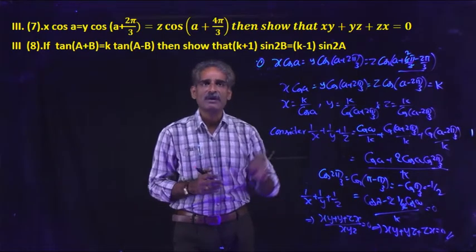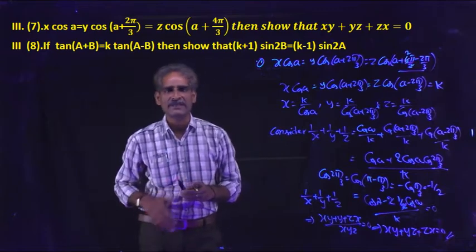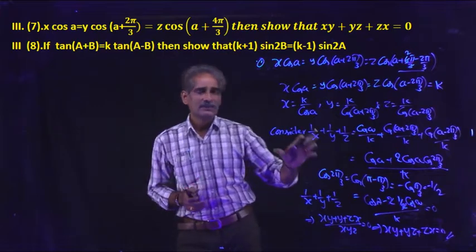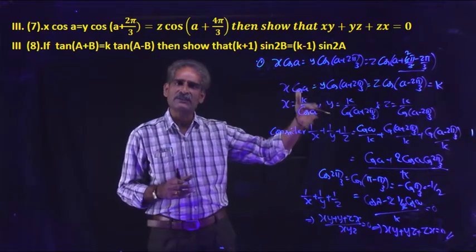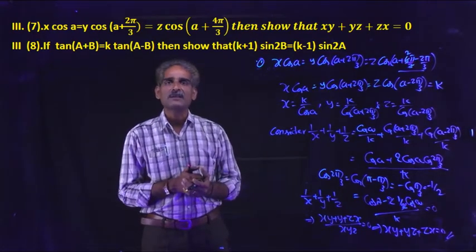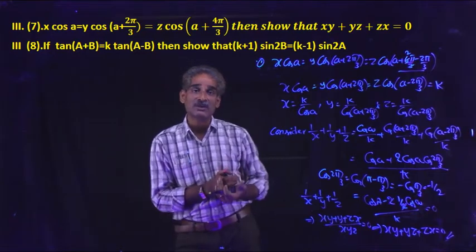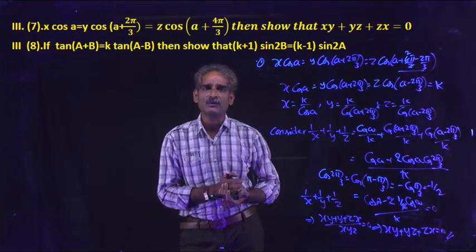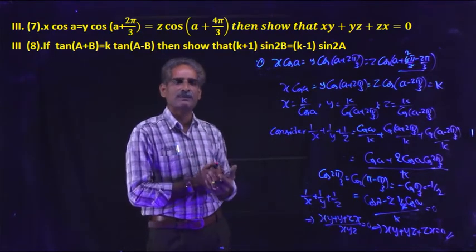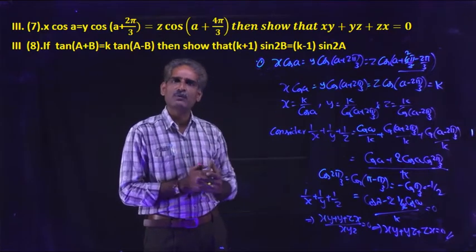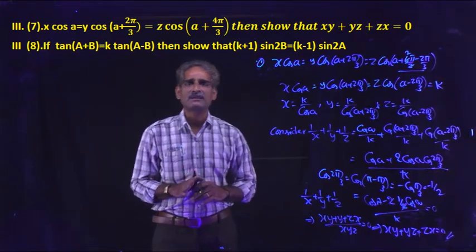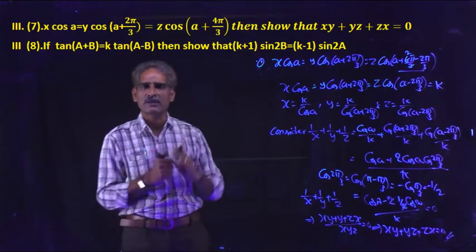Suppose he may ask, what is the value of xy plus yz plus zx in objective type? How can you find it? Simple. If the answer options are in numerical form, then what is the variable here? It is a. So the x, y and z values do not depend upon a. Simply by taking a value, we will get an expression in terms of cos a, cos 2π/3, cos 4π/3, like that. Just simply replace a by some angle, otherwise remove angle a from all three terms.